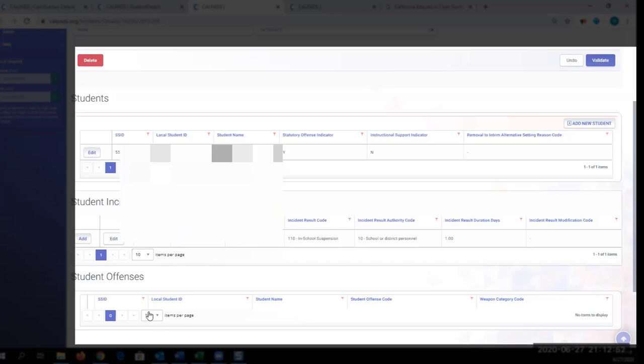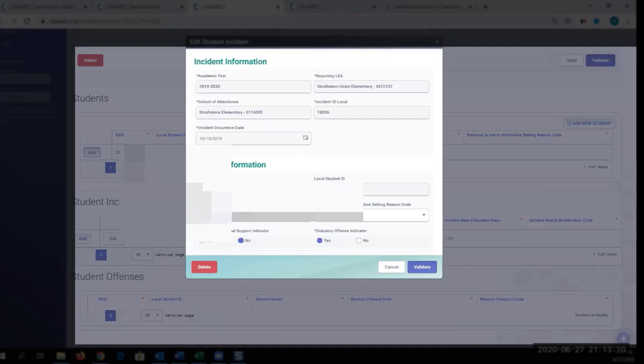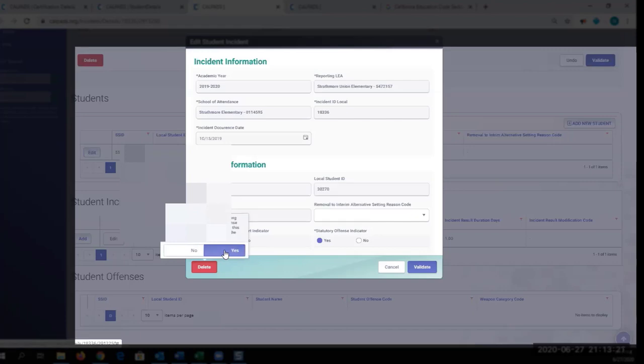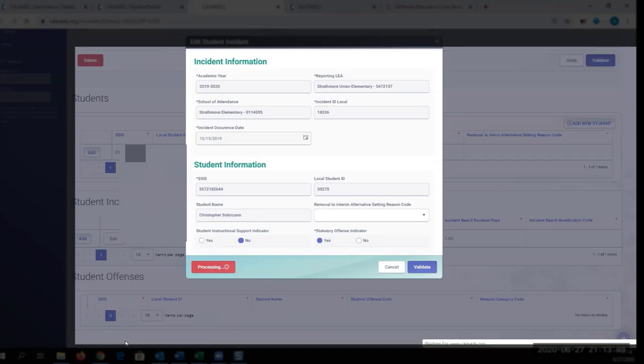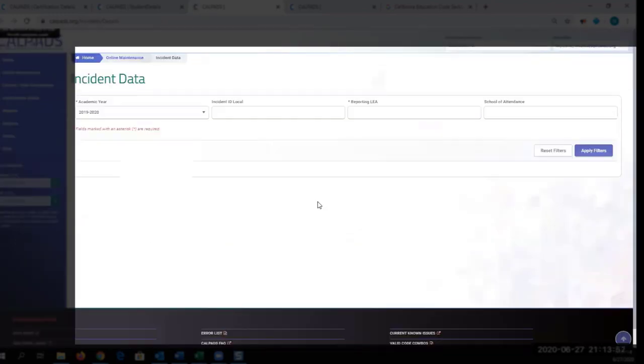But like I said, if this is the last error you have and you don't want to redo your whole submission and you want to do it in online maintenance, you can delete the entire incident, or you can delete the student's incident, right? Maybe you had multiple records and you just want to delete the incident for the student. So let's go ahead and do that. Okay, right, the incident's gone. Since it was a single student incident,